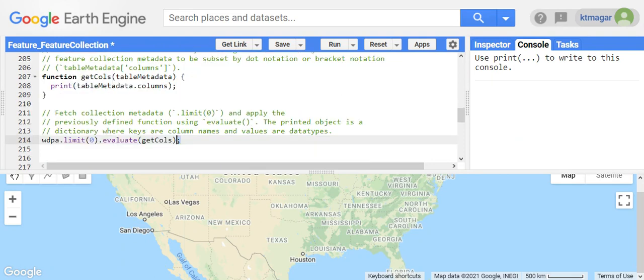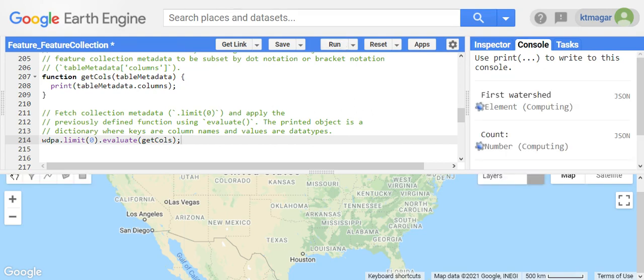And here something is happening with dot evaluate, and this is the particular case where the extracted feature collections are received as a dictionary, with column names as keys and values as data types. So when we run this here,